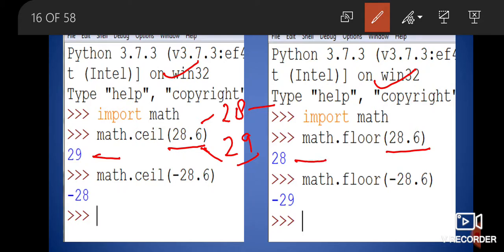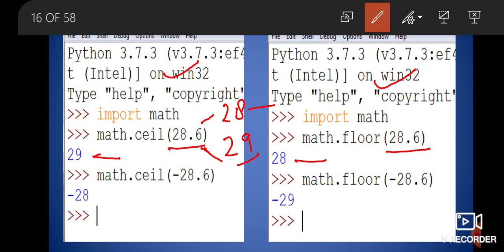28. So see, 28 is the answer. मतलब ये देखेगा कि ये जो फ्लोटिंग पॉइंट नंबर है ये किन दो इंटीजर्स के बीच में है नंबर लाइन में, तो उनमें से जो छोटा इंटीजर होगा वो फ्लोर का आंसर बनेगा और उनमें से जो बड़ा इंटीजर होगा वो सील का आंसर बनेगा.